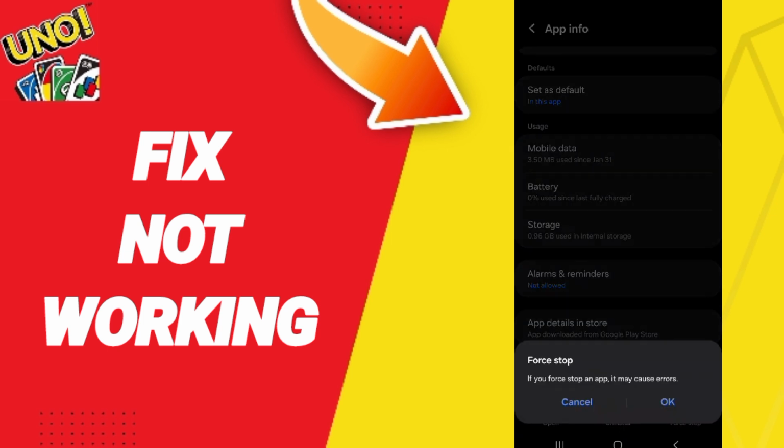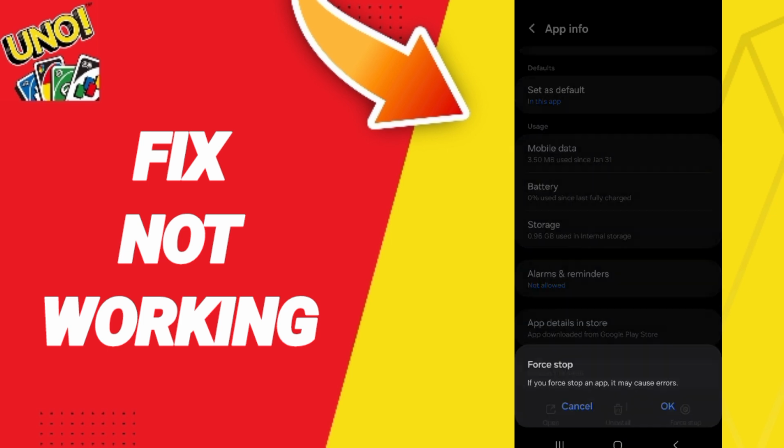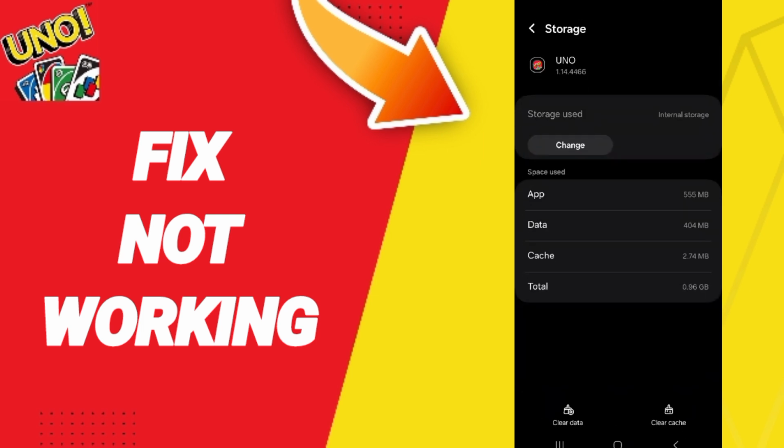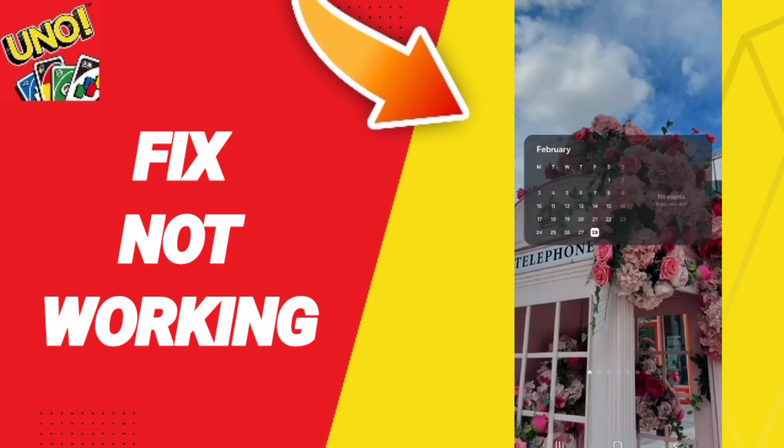Then you will click on force stop and click OK. Here you will enter the storage window. Then we click on clear cache. In the end, you will turn off your phone and wait a moment before restarting your phone again